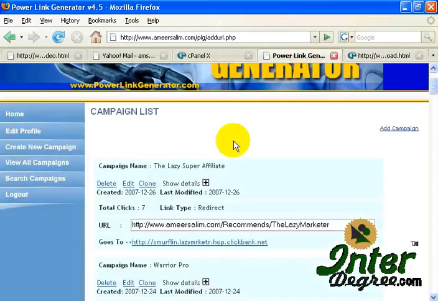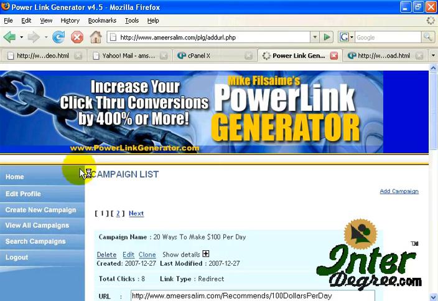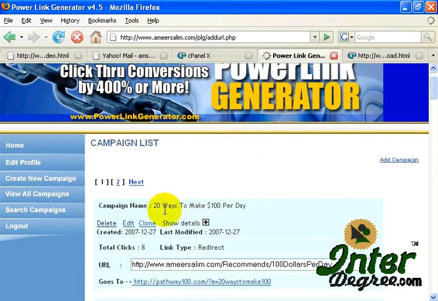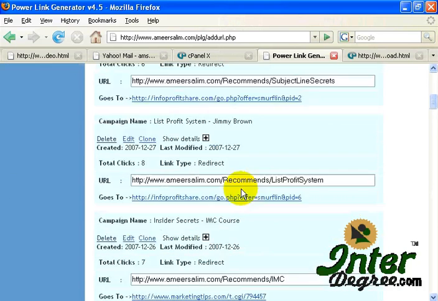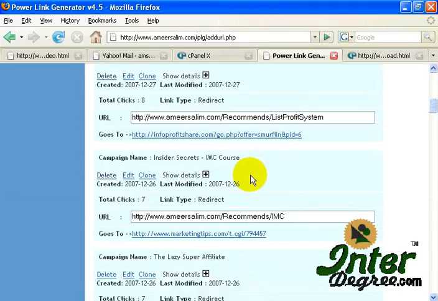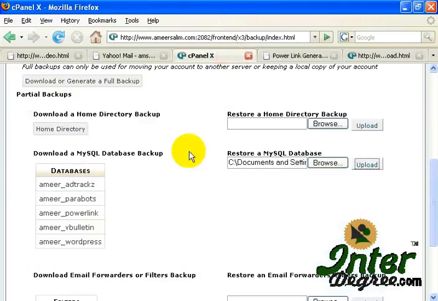Okay, now let us refresh back. You will see the entries which I have deleted has been added again. There you go. These are the first 4 entries which I deleted just now, and now it has been added again. So that's how powerful a backup is, and in fact that's how important a backup is,